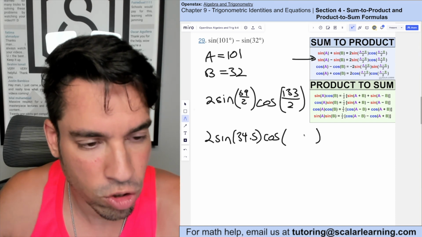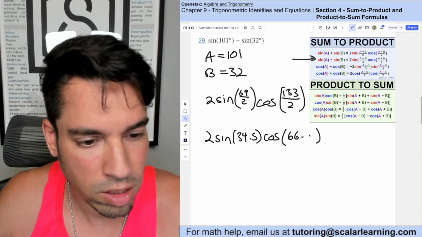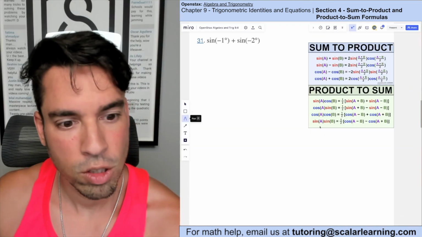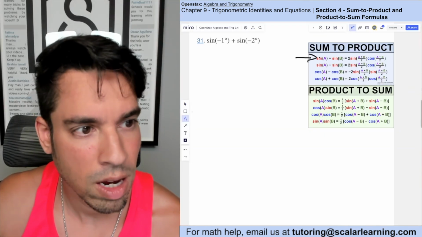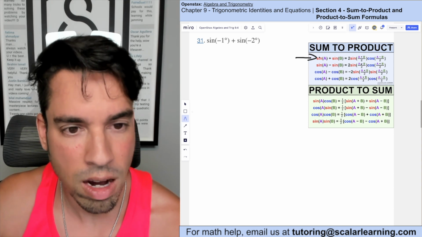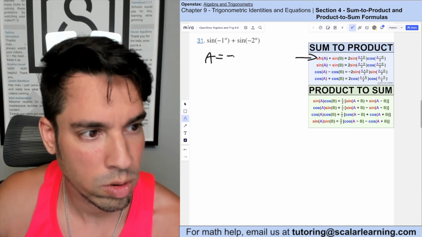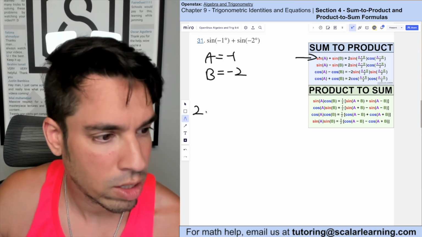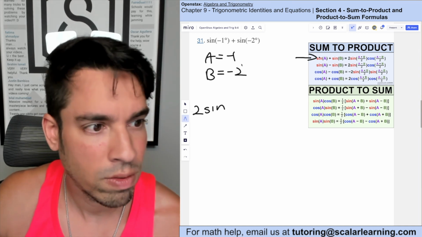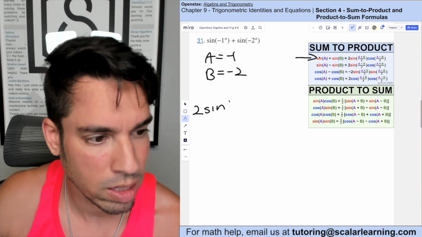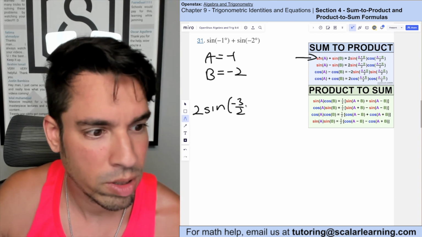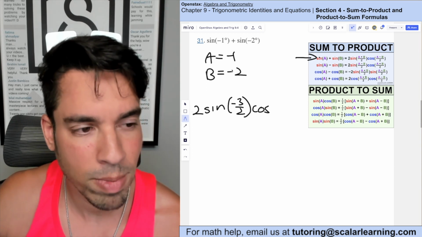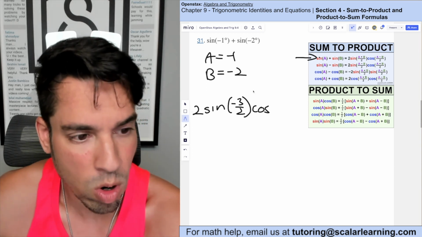133 divided by 2 is 66.5. So that's how you do it. Boom, done. So for this one, we have sine plus sine, and that is this top one. So let's set A equal to -1, B equal to -2, and then let's plug it in. So we got 2 times sine of the sum of these, that's -3 divided by 2. And then we've got times cosine of A minus B, -1 minus -2, it just becomes 1 divided by 2